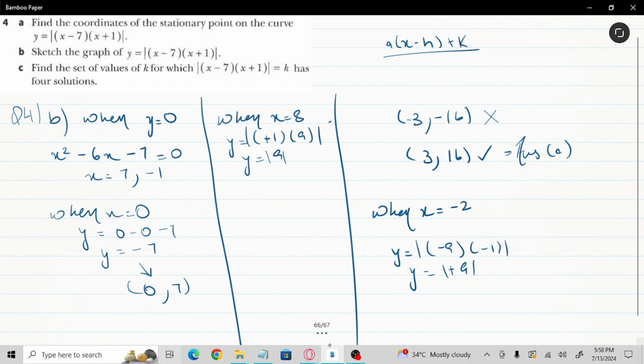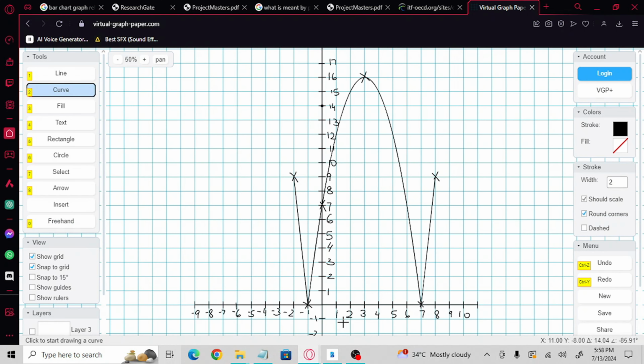What they have asked us in part C is to find the set of values for which (x minus 7)(x plus 1) equals k. They told us to find the value of k so that it has 4 solutions. So what they have done is replace f(x), or you can say the y-axis, with k. So they are saying find the set of values of k, the values on the y-axis,